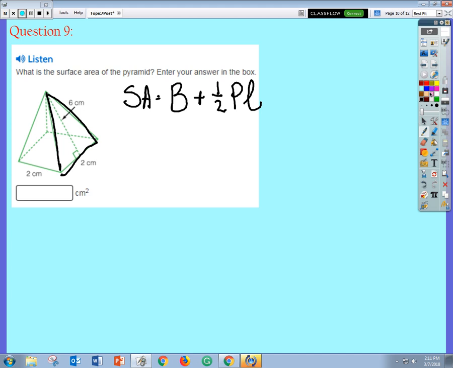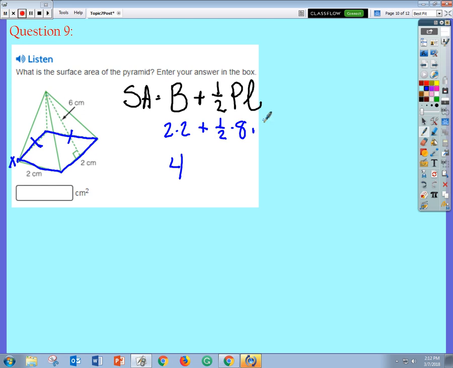I'm going to do this another way too to help us out. The area of the base is a square. Let's take a look at our square. I know it's a square because these two sides are congruent, meaning these two sides are also congruent. So we have 2 times 2, which gives us an answer of 4, plus 1/2, the perimeter of the base. Perimeter's distance around. We talked about if we started here, walked here, that's 2, walked here, that's 2, walked here, that's 2, walked here, that's 2. That gives us a total of 8, times the slant height, the face of this side of the pyramid,